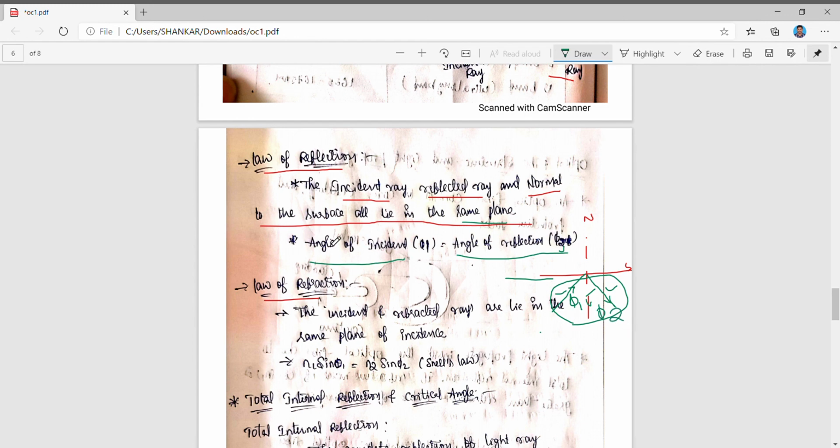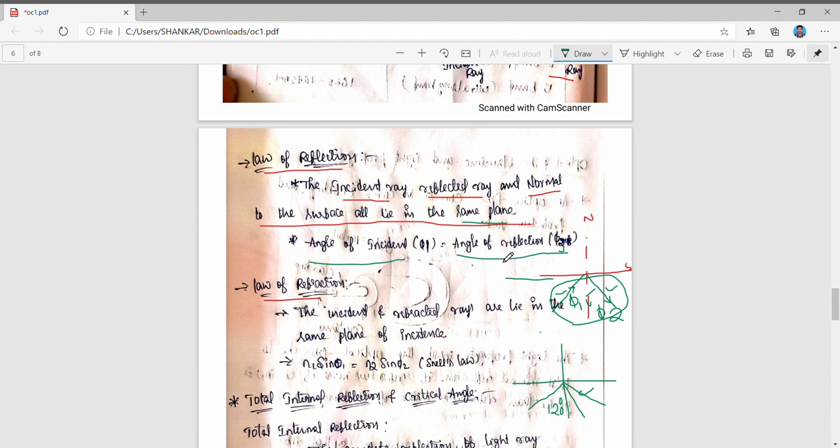That is the law of reflection, which says that the angle of incidence is equal to the angle of reflection. Let's assume we are incident the signal with an angle of 120 degrees here. So the reflected signal also should be at a 120 degree angle. It should not be less than 120. It should be 120 degrees. So the angle of incidence should be equal to the angle of reflection.